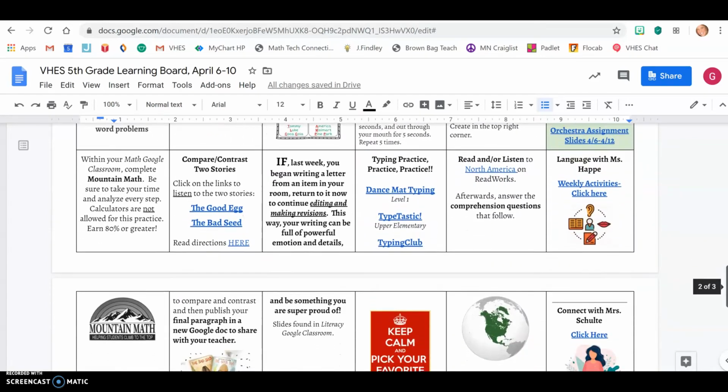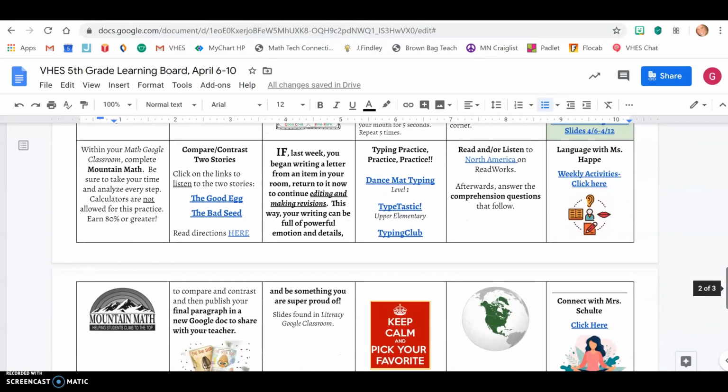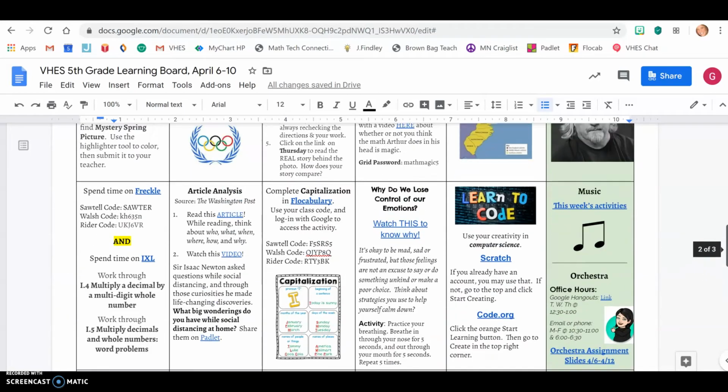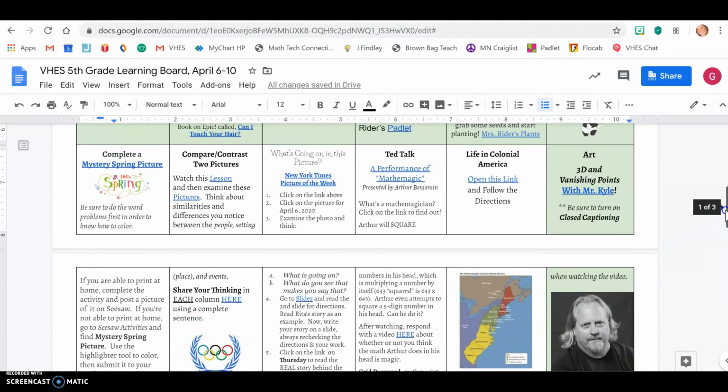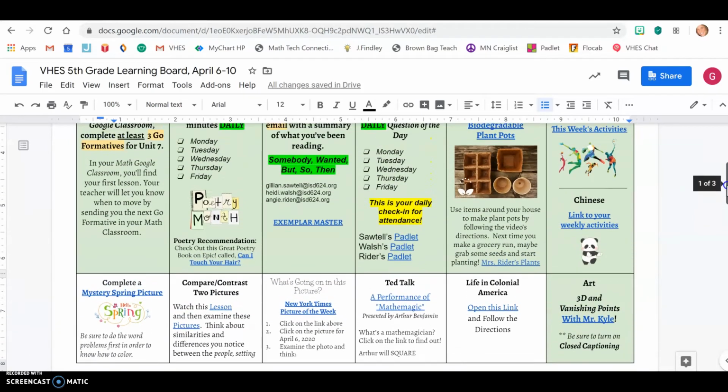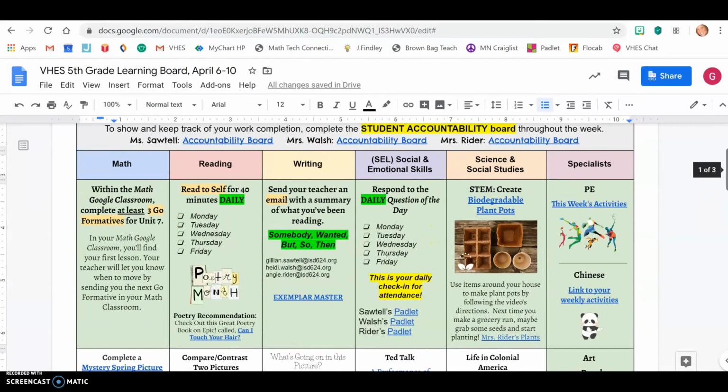And or you may choose to continue your writing about a letter, an item in your room. So this week, if you started it last week, this week you can edit it, make revisions, make it better, make it great. And of course, your teacher will be there to help you do that if that is what your choice is. So pick one or more, but you must write a summary in an email to your teacher.